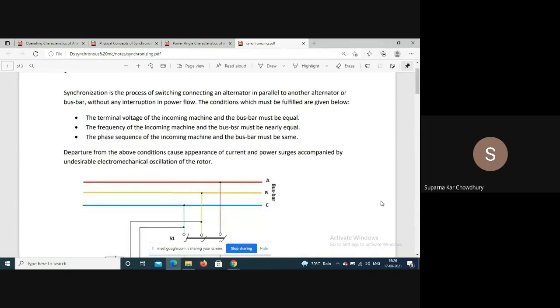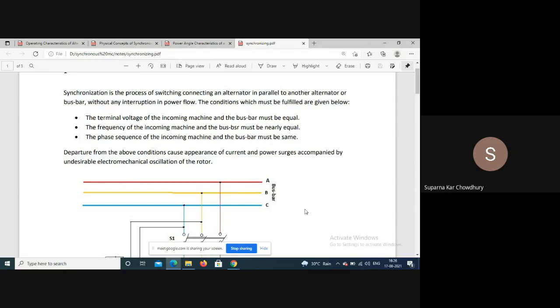Now whatever I have discussed till now is for an isolated machine, where we have a single generator and we have seen what will happen if we change its excitation and other things. Now, actually, in the power system, generators do not operate as isolated devices. They are all connected in parallel to the grid, or the bus bar system.